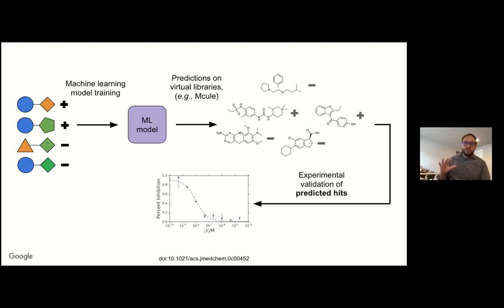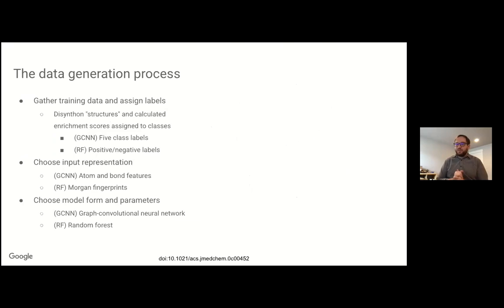So now, before I show you the results, which I'm sure you're excited to see, I want to just pause and say, okay, here is the data generation process itself. So first, we had to gather the training data. I talked about this disynthon aggregation. The GCNN, the graph convolutional neural network, and the random forest use slightly different representations of the labels themselves,